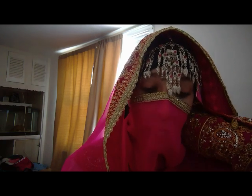Size-wise, for the most part, everything is great. I had to alter the dress and the pants a little bit. So on the pants, these buttons that are on my sleeves right now actually were on the pants. And the pants were too wide, so they were showing my leg, and I wasn't comfortable with that. So I removed the buttons and sewed the pants closed at the bottom. I also had to put in a drawstring